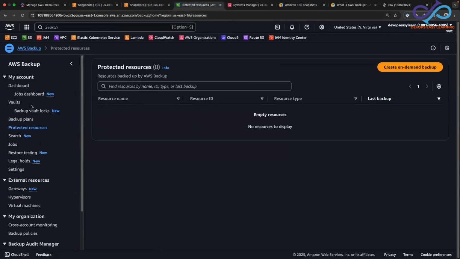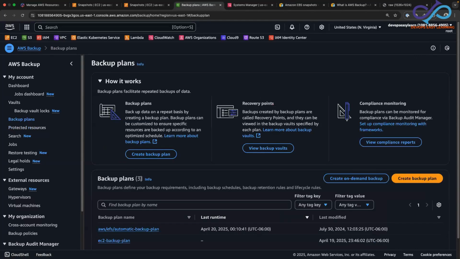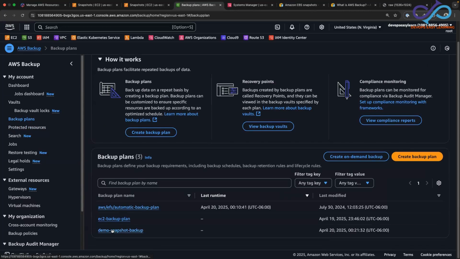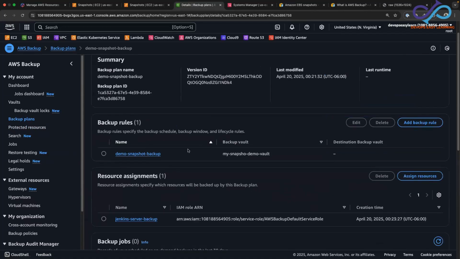So if you're done with your test, you can test this and let it run for an hour or two and see how everything works out. And once you're happy with what you see, let me show you what you have to do so that you don't generate too much spend in your account. You're going to go back to the backup plans, and you want to delete the plan that you have right there. You want to make sure that you